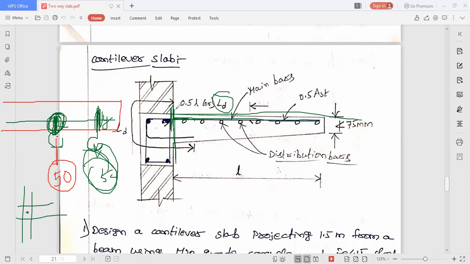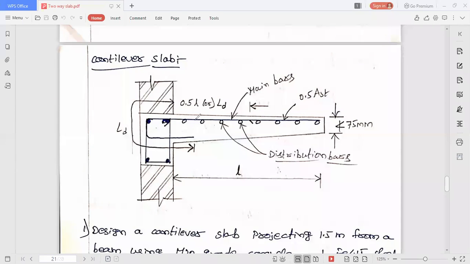Now what will happen if you exactly cut this bar at this portion? If you cut the steel bar exactly at the face of the support, you are not providing this bar into the support, you are only cutting it at the support. What happens is, this surface will completely cut off and this concrete slab will fall down. To avoid that, what should we do? This bar will be embedded into the support to a length of LD. Here I have mentioned, from the face of the support, the length it is embedded into the support,